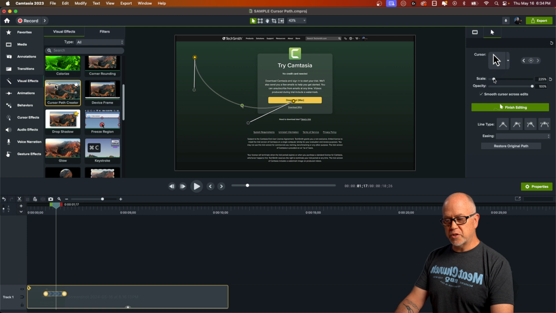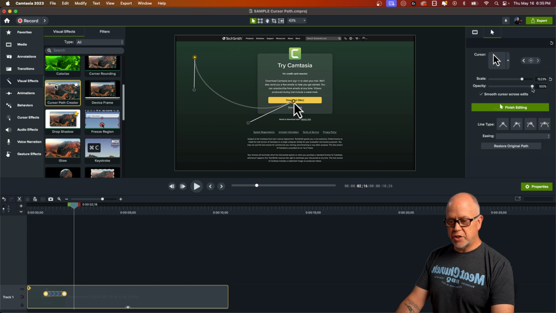The first thing I want to show you is the scale. You can use this to change the scale of the cursor. Okay, you can make it larger or smaller, right? And that changes the scale throughout the whole path. All right. So you can also change the opacity like this. You can enable smooth cursor by having that checked. And you would click this once you're finished editing, but you can also change the line